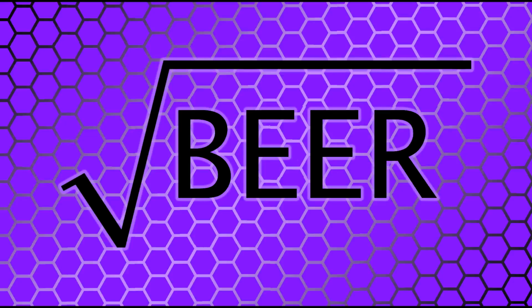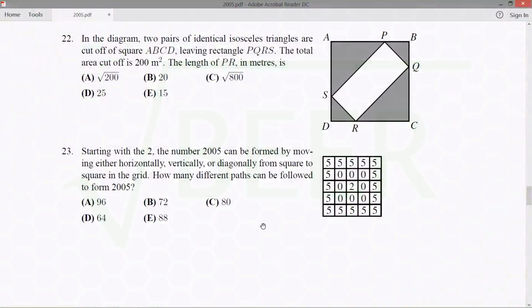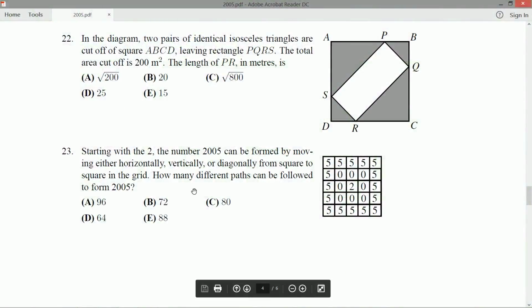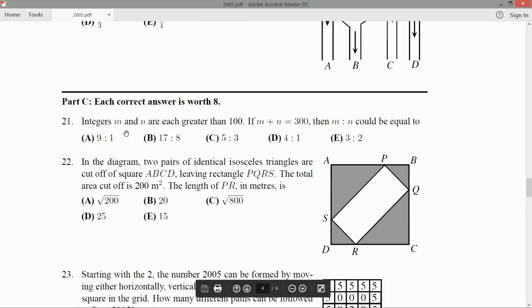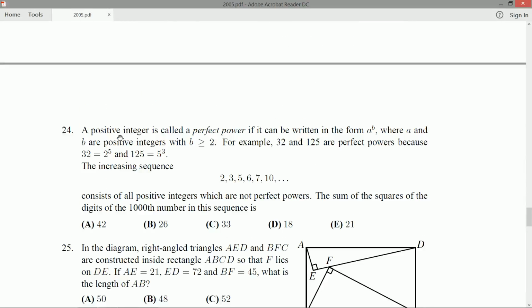Hello everybody and welcome back to the 2005 Pascal paper. That's the 9th grade level contest from Waterloo. We're looking at question 23, so we're about halfway through part C, 23, and then we'll get 24 and 25